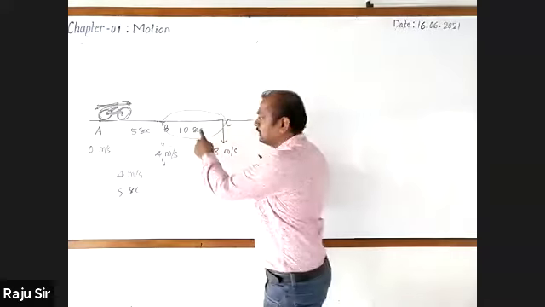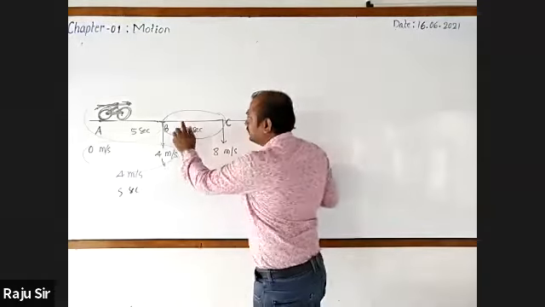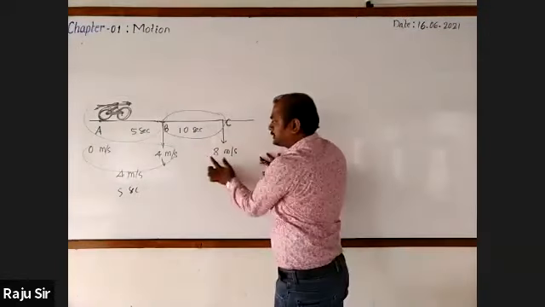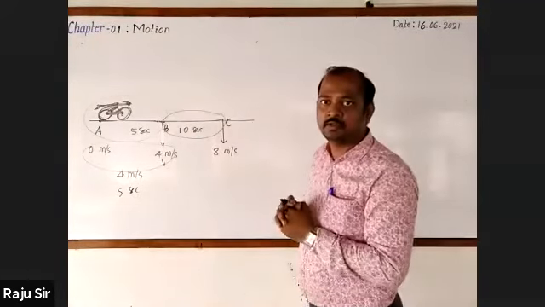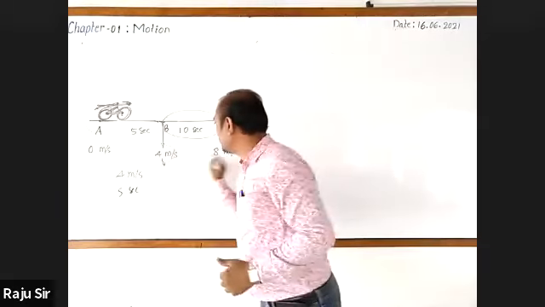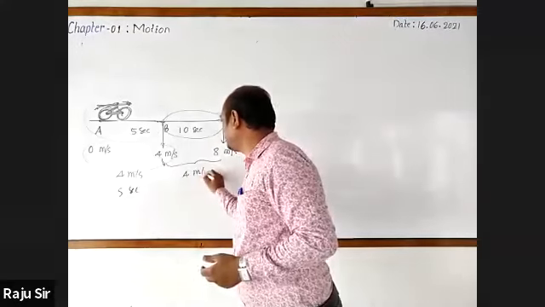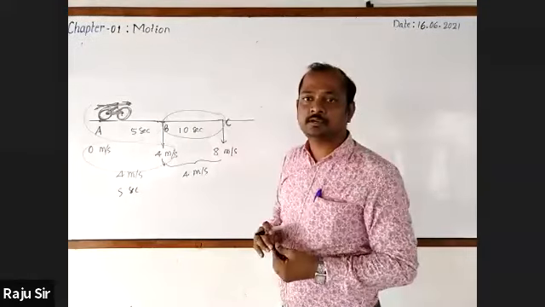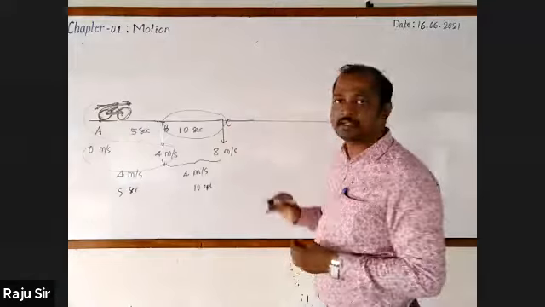Clear? Here, in the second situation, the vehicle has changed its velocity from 4 meter per second to 8 meter per second. Could you tell what is the change in the speed? 4 meter per second. But to change that speed, how much time has it taken? 10 seconds. It has taken 10 seconds. Let me go for taking another last situation.